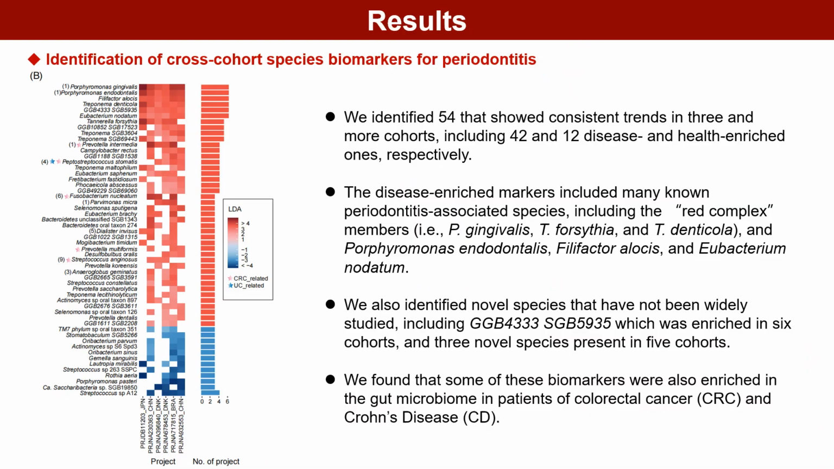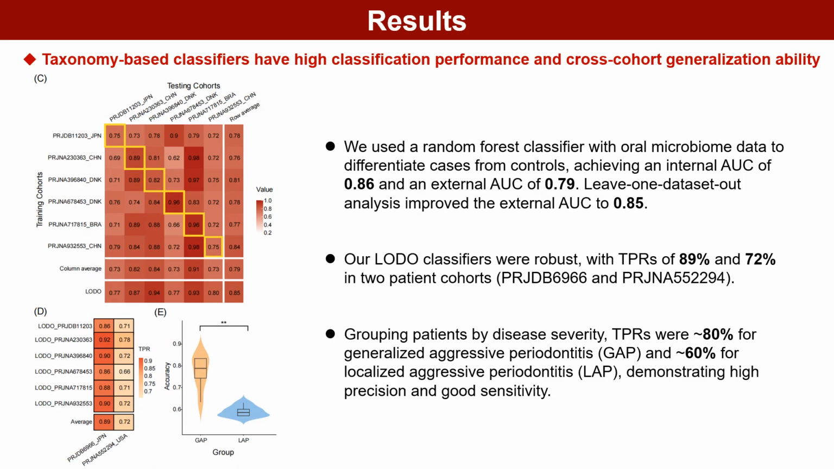prediction. We identified 54 biomarkers with consistent trends in 3 and more cohorts, including 42 disease enrichment markers and 12 health enrichment markers, respectively. The identified disease enrichment markers included known periodontitis-associated species and many unknown new species consistent across cohorts, and we also found that some of these oral biomarkers were also enriched in the gut of patients with intestinal disease. To test whether taxonomic relative abundance data for the oral microbiome could be used to distinguish cases and